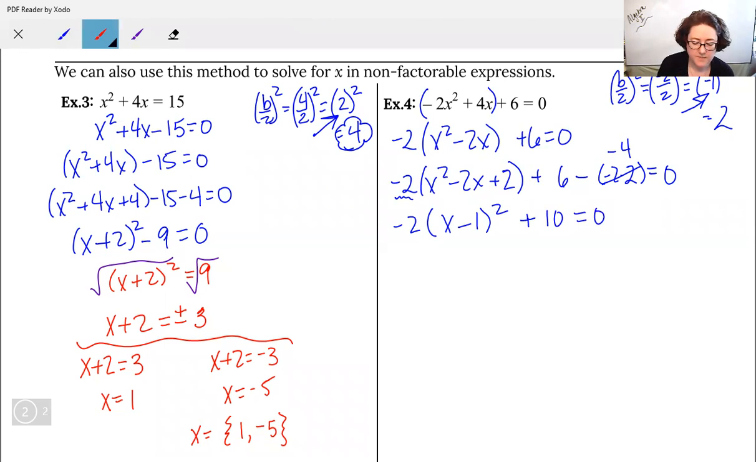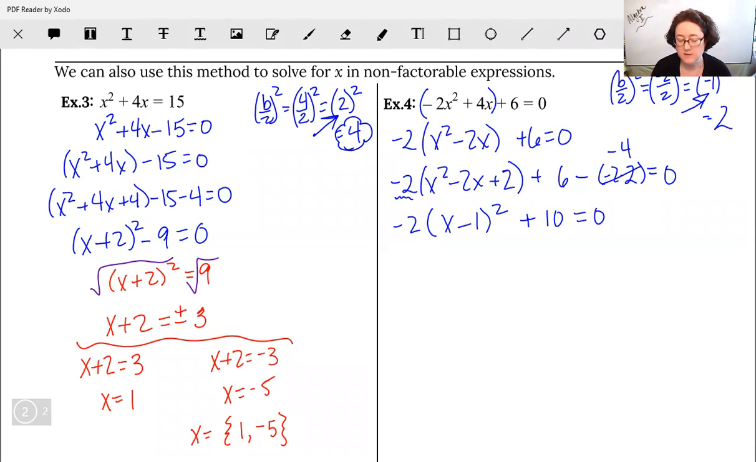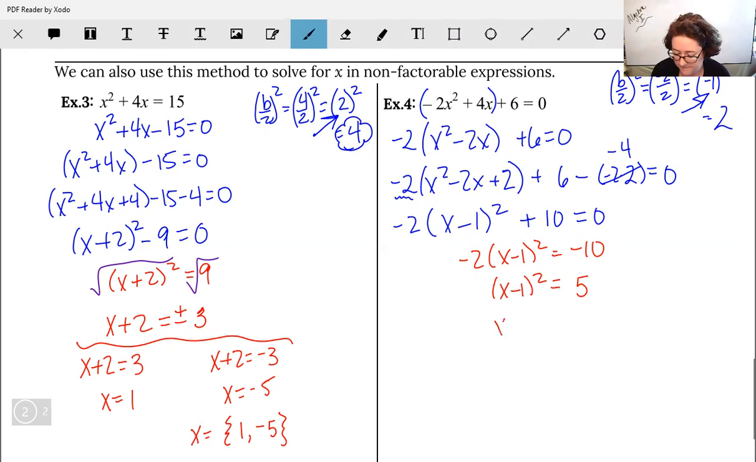So again, get everything on one side, or start isolating that x minus 1 squared. So start out by moving your 10. So subtract from both sides, and then divide both sides by the negative 2. Again, we're trying to isolate our grouping of x minus 1, kind of like we did with absolute value solving. That would actually change over to a 5. And then we need to take our square root. Except,